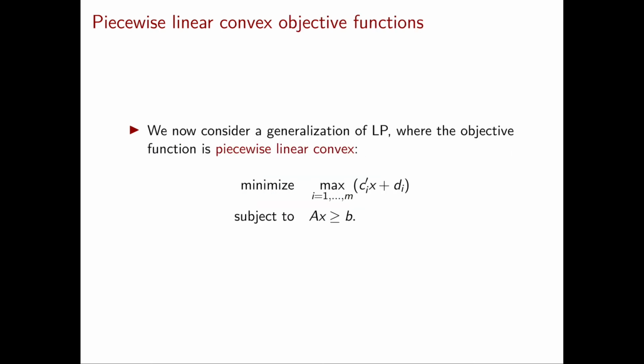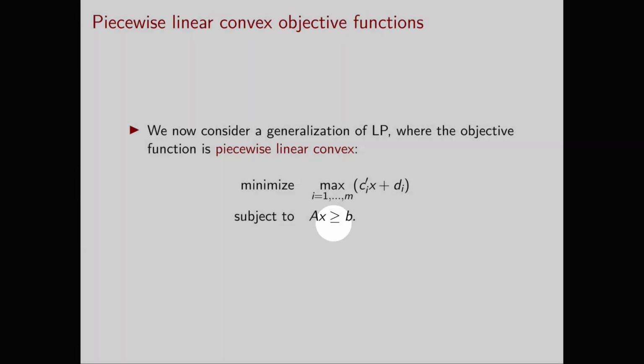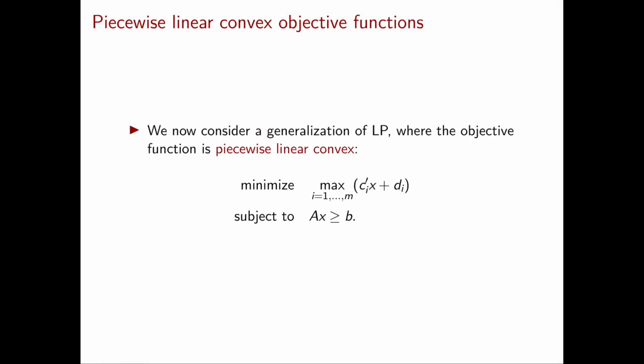So we've discussed how to deal with piecewise linear convex functions among the constraints. What if instead we have piecewise linear convex functions in the objective function? For example, a problem of this form. You're minimizing a piecewise linear convex function subject to a number of linear constraints. Also in this case, we will be able to write down this problem as a linear programming problem, but it will be just a little bit more tricky.